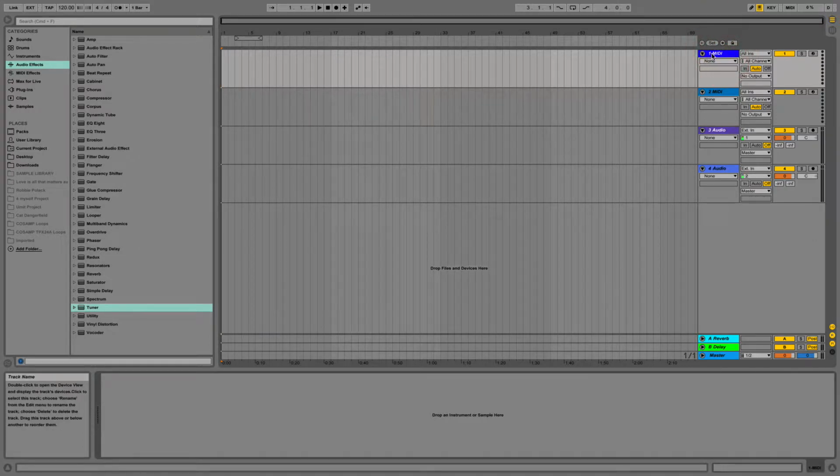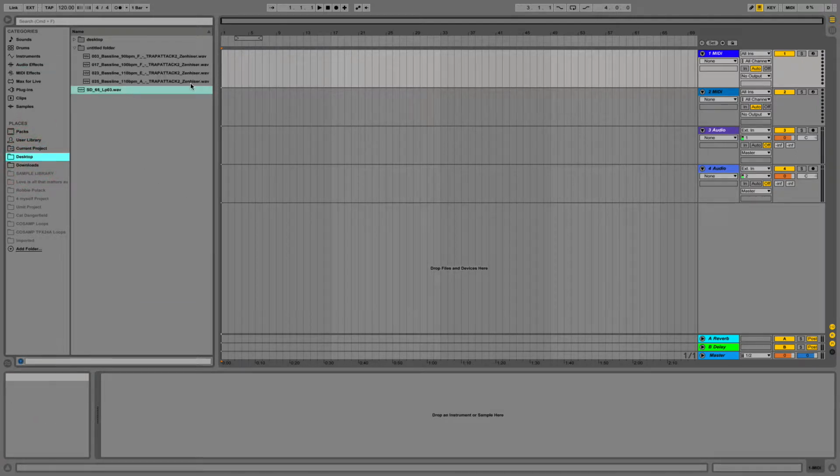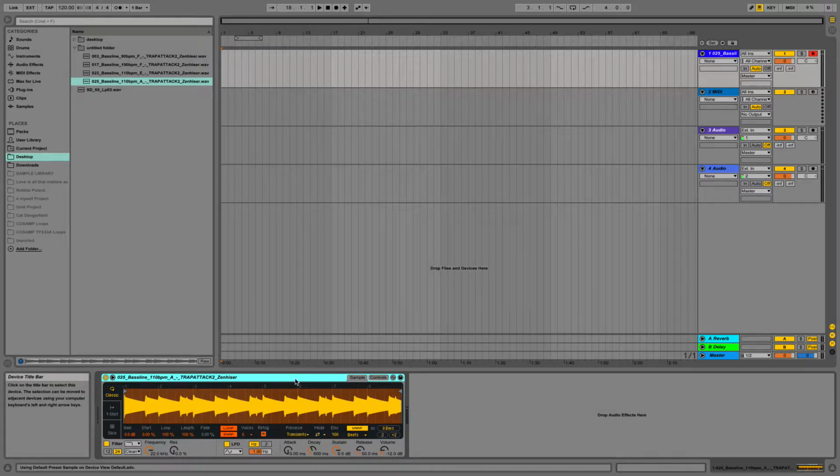So if I double click on this MIDI track, you'll notice a little dialog box at the bottom says drop an instrument or sample here. Now on my desktop I have this trap sounding bass kind of loop, and I liked the tone of this, so I'm going to drag that directly out of the browser and just drop it there, and that's going to load up an instance of Simpler, which is the cut down version of